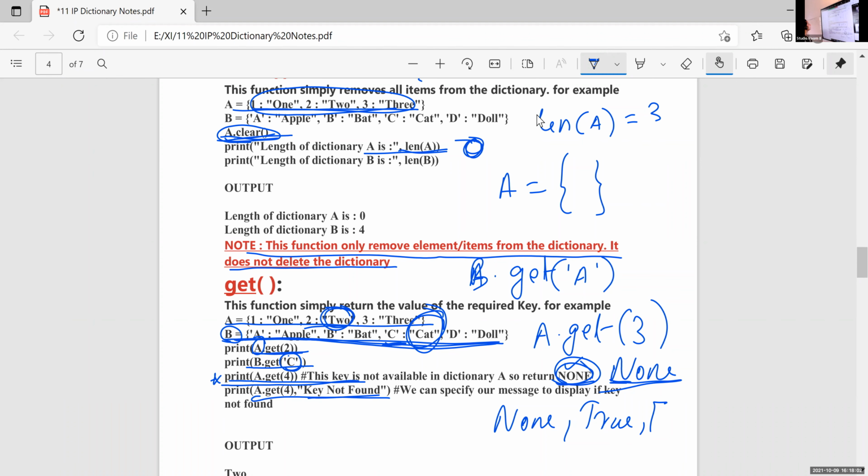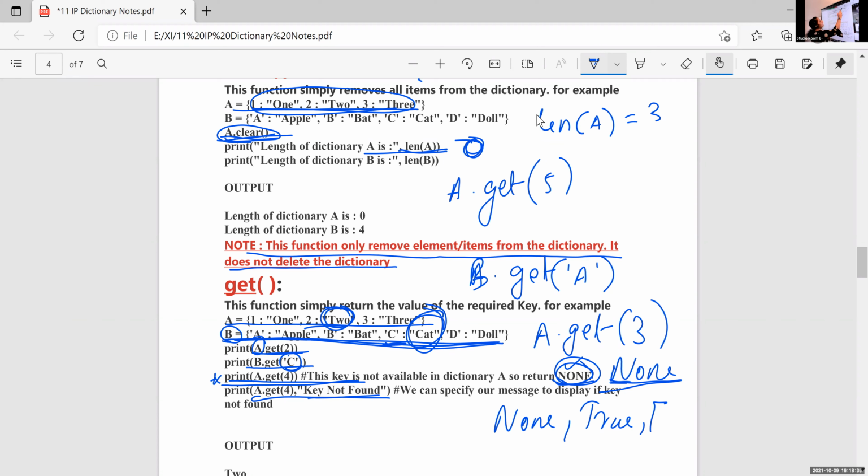So when we are trying to display a key that is not in the dictionary, it will display like this. If A dot get 5, I want to display value of 5, and if I'm writing the statement like this, the result is none.